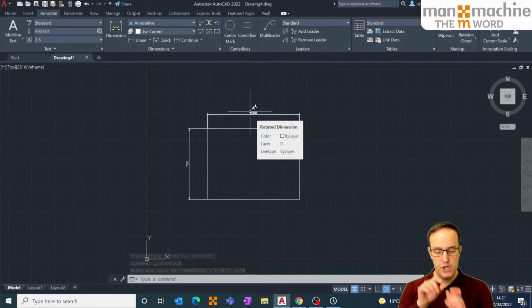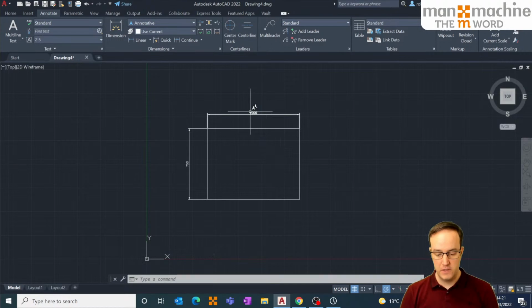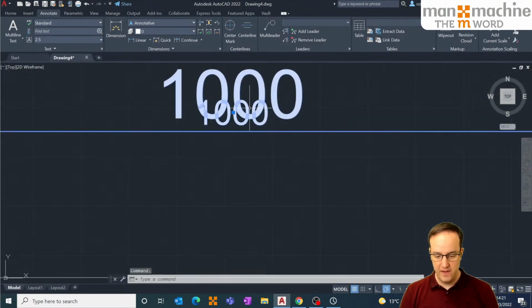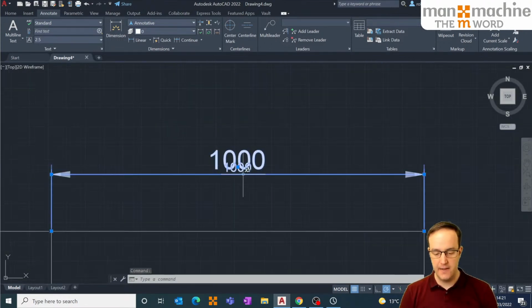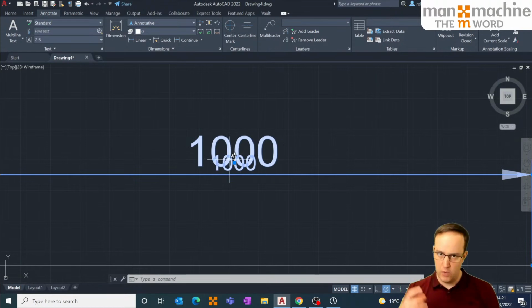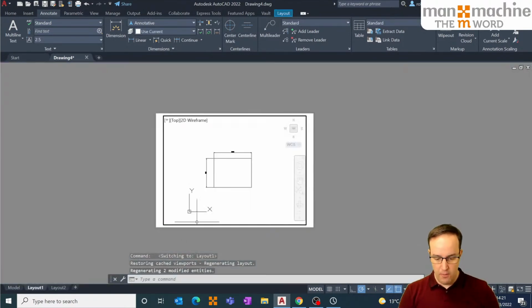If I hover over it, it's showing me 2 annotation symbols. If I click it and zoom in, you can see that we've actually got 2 text sizes there. One for the smaller scale, one for the bigger scale. On model space, those 2 pieces of text would arguably be 2 different sizes. On paper, the output